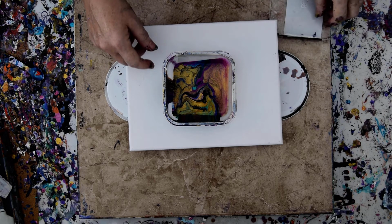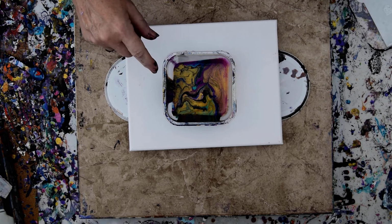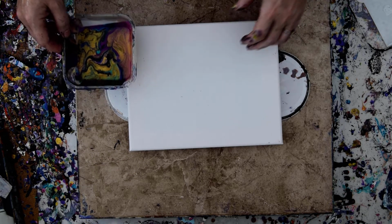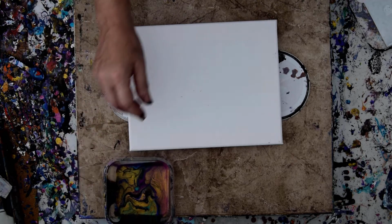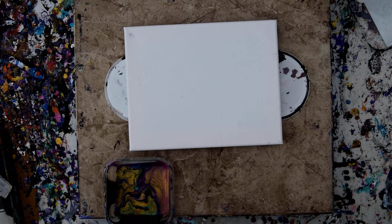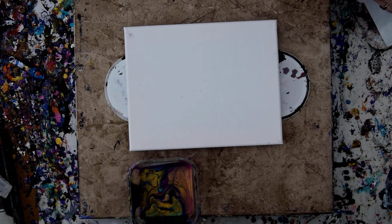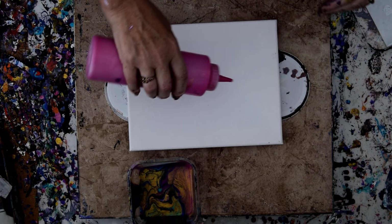I've got gorgeous paint left over. And yesterday I did an inversion pour with this paint through a funnel into a puddle of black. I'm not going to do that today, and I'm really curious as to what I might want to do instead. I still want to use black, that's so sad. Why don't I just do something completely different